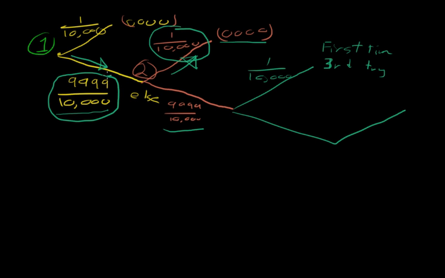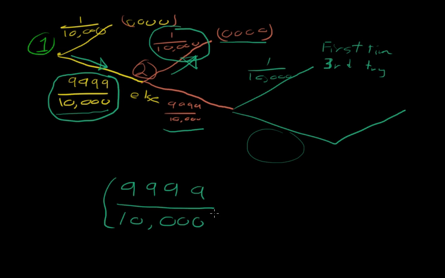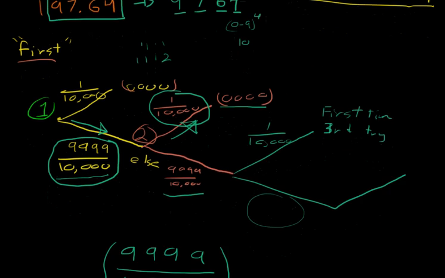It's just this, and then times itself, and then times itself again here. So we know how to multiply something by itself. We just write it to a power. Okay. So there is that. I'll put it in parentheses. And then we're going to raise it to the power of how many tries it took,